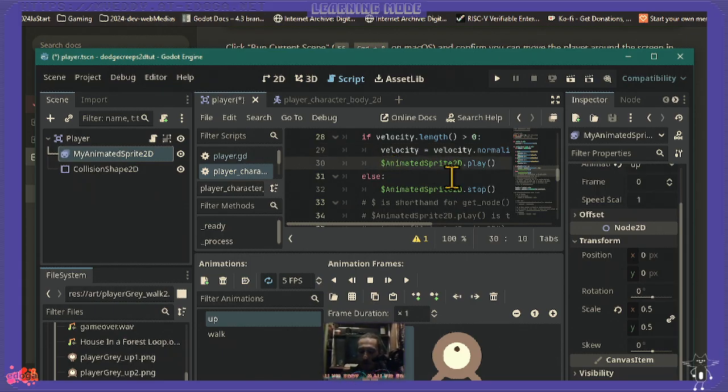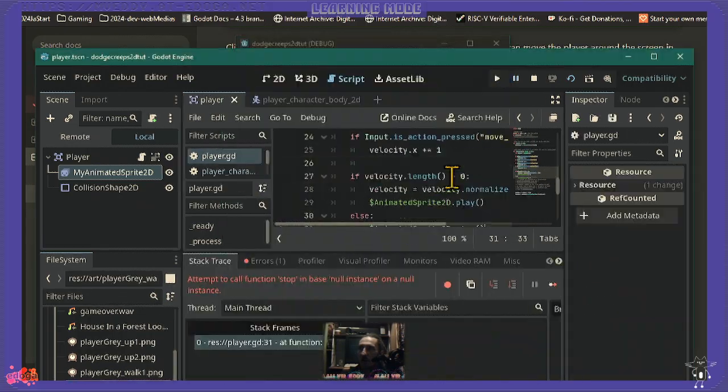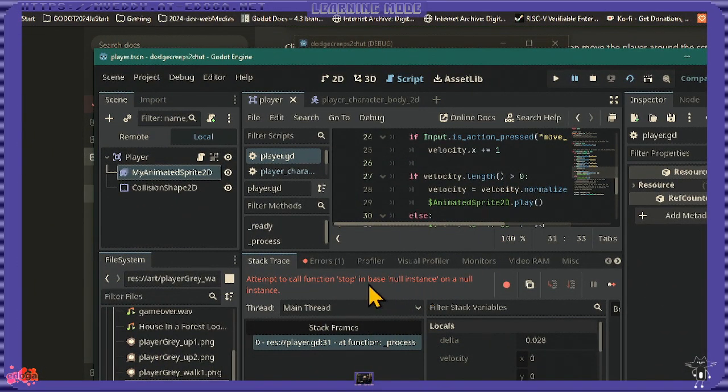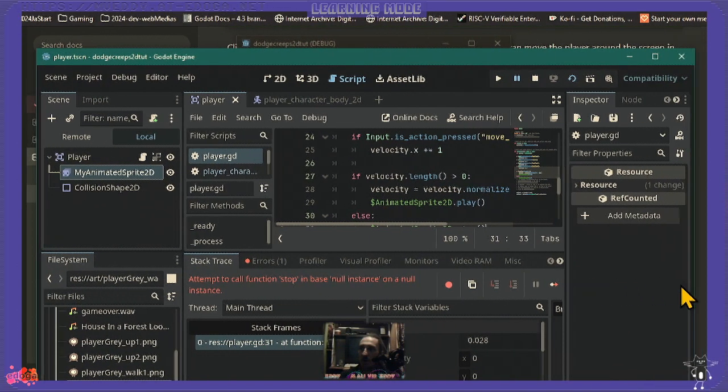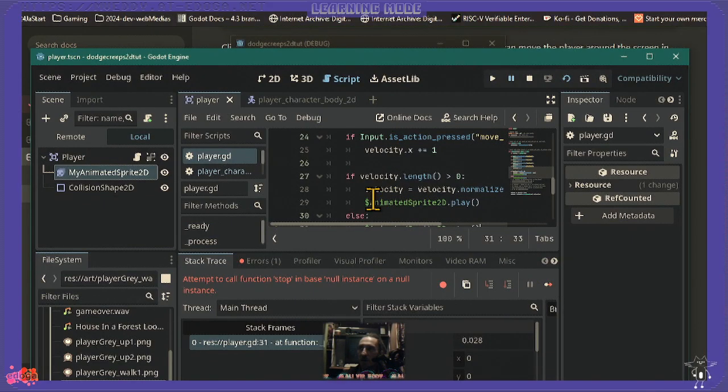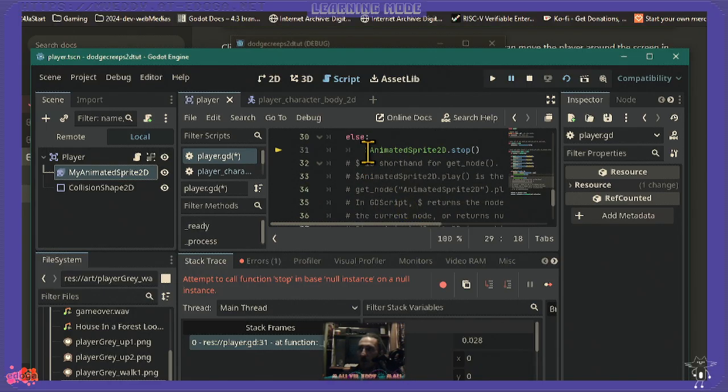So should I say my, or actually I'll leave it unchanged and press 6. Okay, attempt to call, so there is that warning saying, and this should then be fixed by my custom name matching the node name here and here. My,